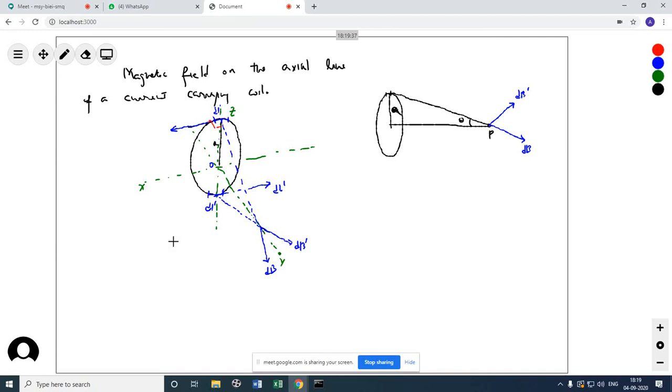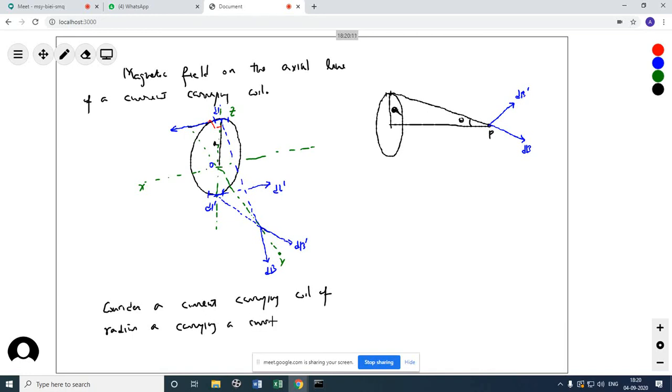Fine. Now we must drop a perpendicular from here. And what is that perpendicular? This is the radius. We name this radius as a, not R, a. So in this case also I have that radius. Let me make this a solid line. This is the radius a. You do not need to draw the left hand side, you need to draw the right hand side. The left hand side is for explanation purpose. If you draw, well and good.